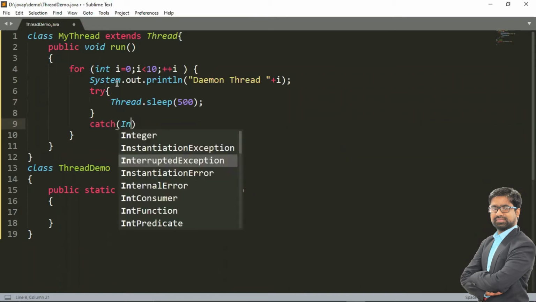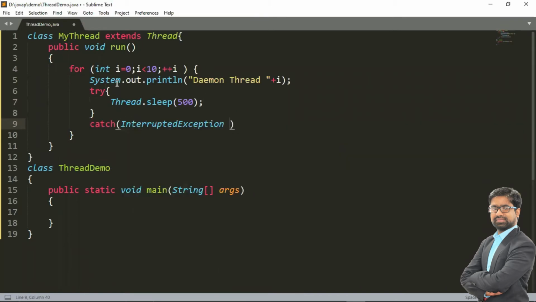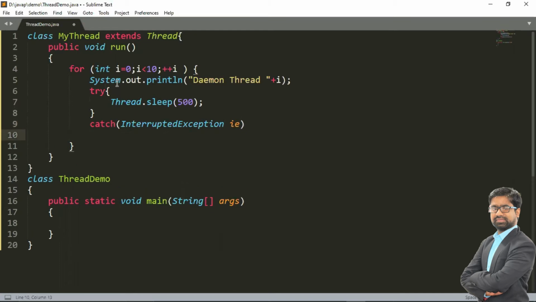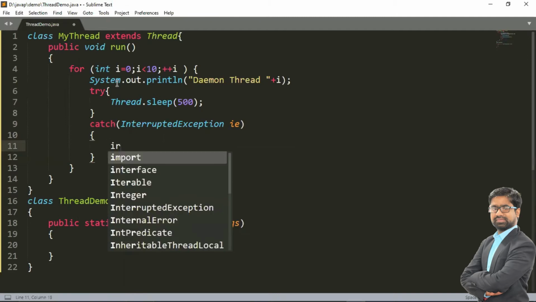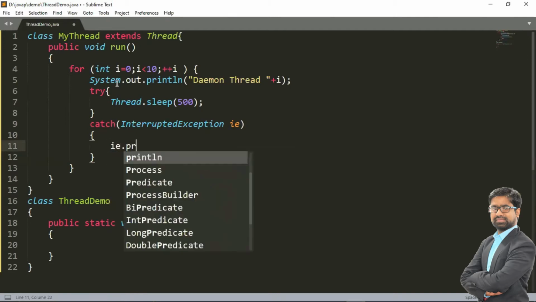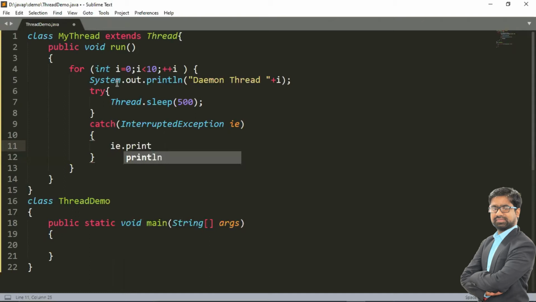The catch block may throw an InterruptedException. Now we can call the printStackTrace method, which prints the exception message. So this is my thread.